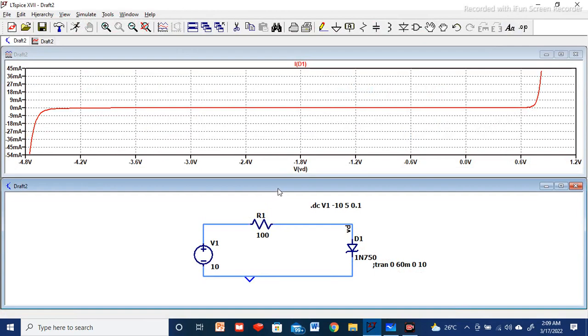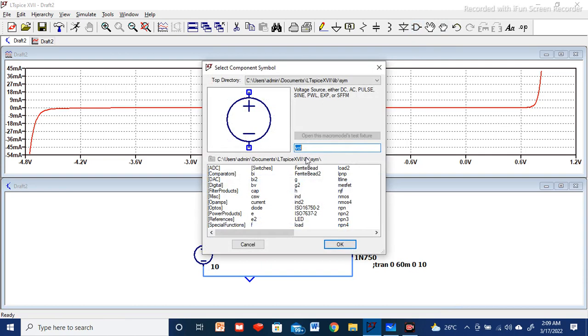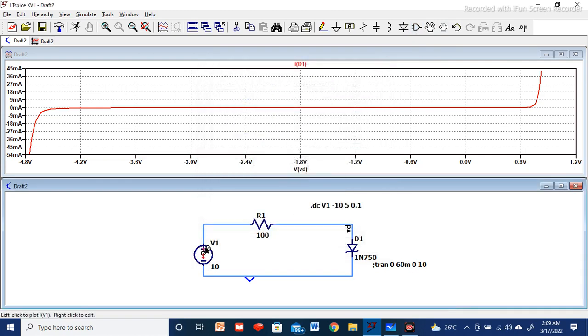In my previous video, I explained the circuit, and the same circuit I am following here. We are connecting a normal diode. We select the component library for the voltage source, type here VOL, press OK, and then define this voltage source. Select a resistor from here, place one resistor with a certain value, 100 or 200, it depends upon us. Only the current value will change depending upon this resistor. Then select the diode and place it here.